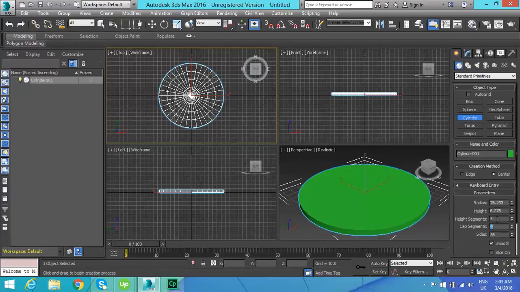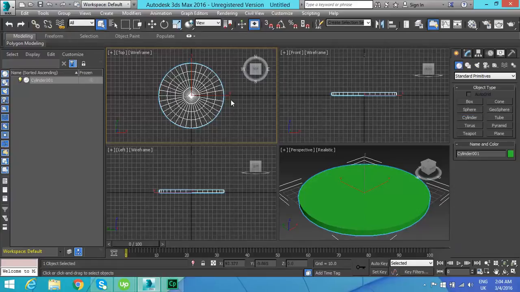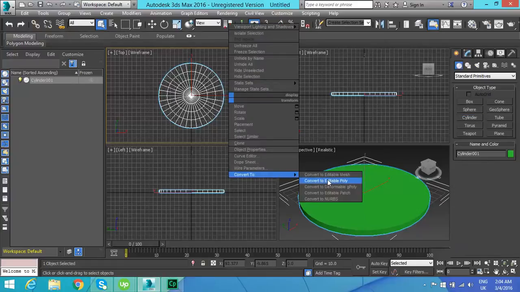But before we release this and finalize this shape, this object I should say, let's change the height segment to 1, because we only need 1. Okay, so now we've got this cap that's got a few segments in it, and then you've got quite a few sides, which makes it a nice round object. Just Control Z that. So now we're going to start editing this poly. So just right click, convert to editable poly,